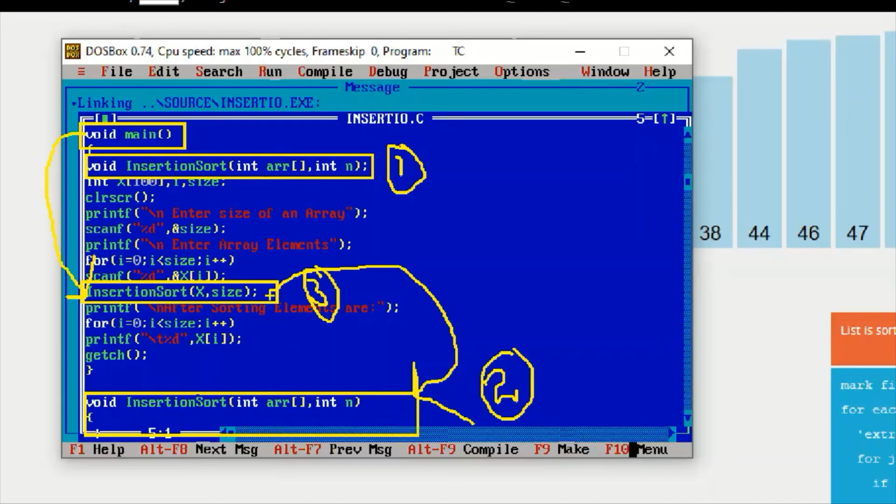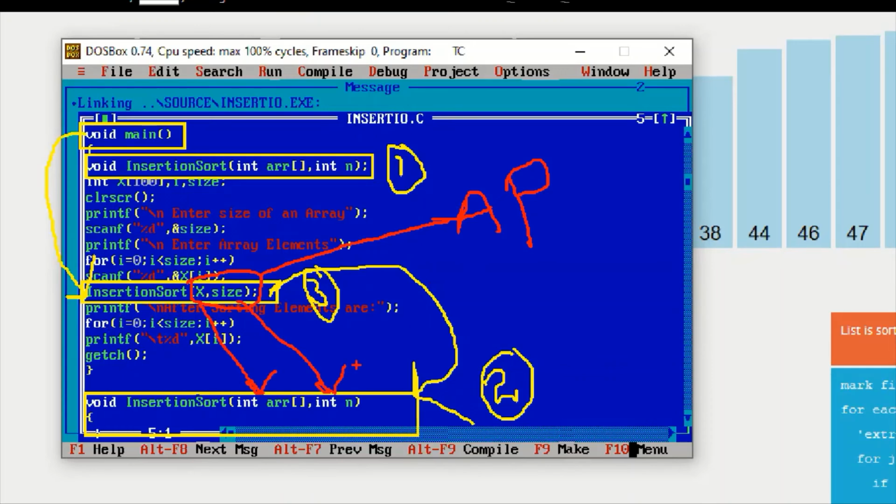Whenever a jump occurs from this place to this place during function call, these are the 2 arguments, that is x and size, actual parameters passed as arguments to the called function.